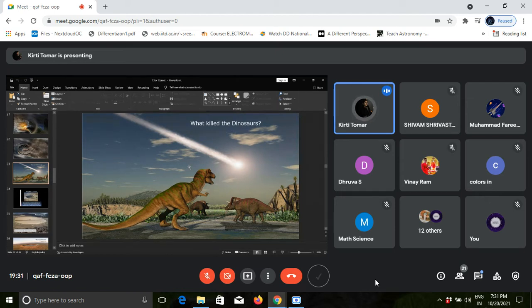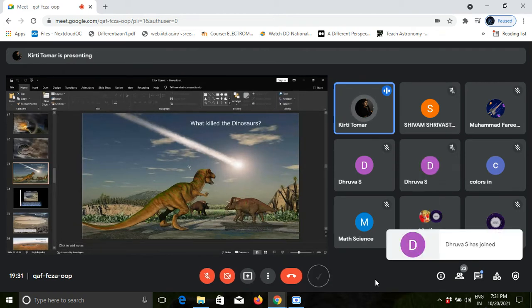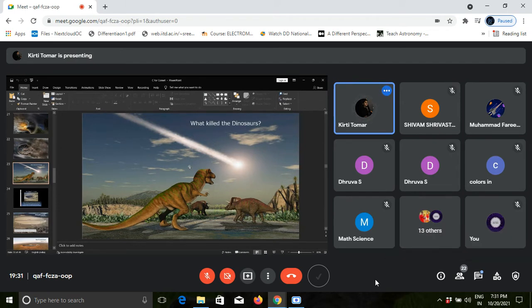But then 66 million years ago, over a relatively short time, dinosaurs disappeared completely, and many other animals also died out, including large marine reptiles and ammonites.